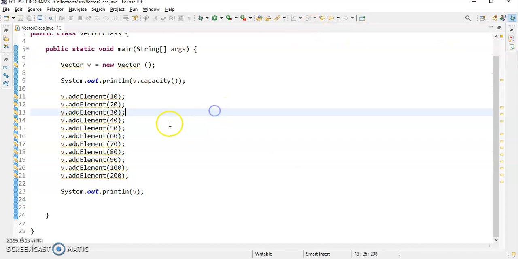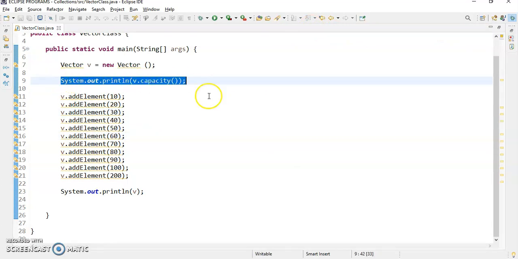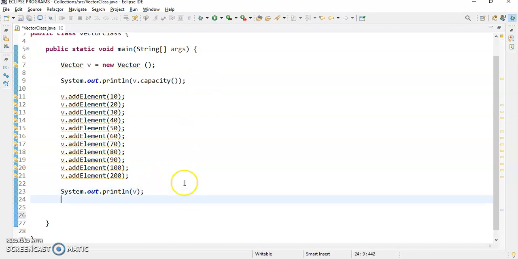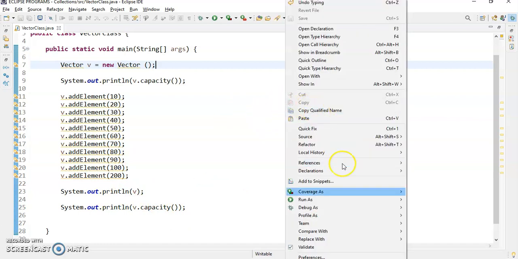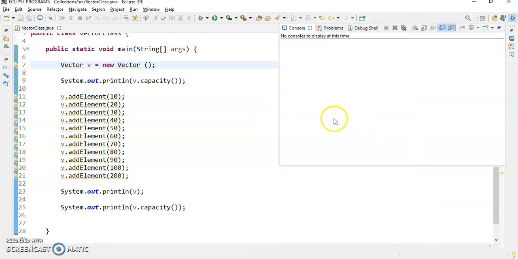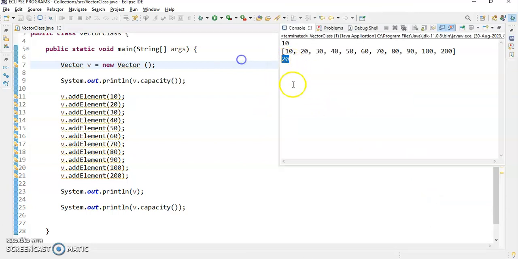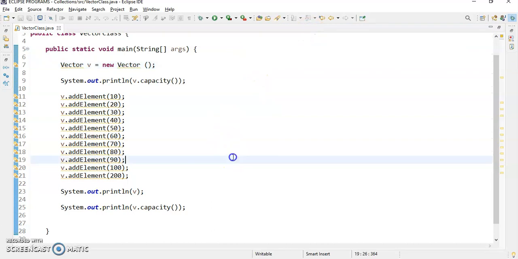Now we will print the capacity after this element is added. Control V. Now we will check. The initial capacity was 10 and we are trying to insert the 11th element. So what would the capacity of this vector be now? Click on this. Now see, the capacity has doubled from the default capacity. That means whenever you insert the 11th element, the capacity is increased by double.